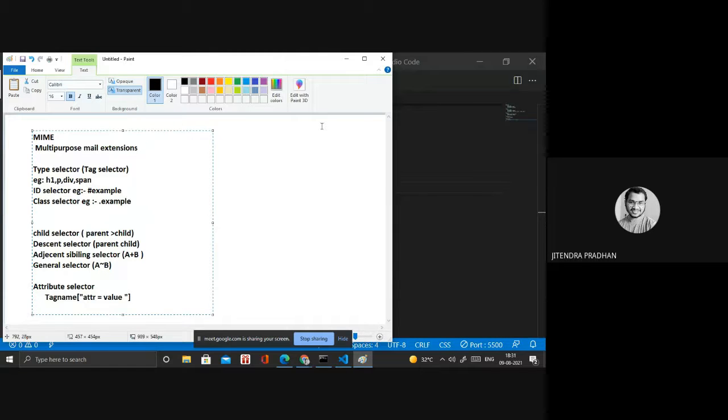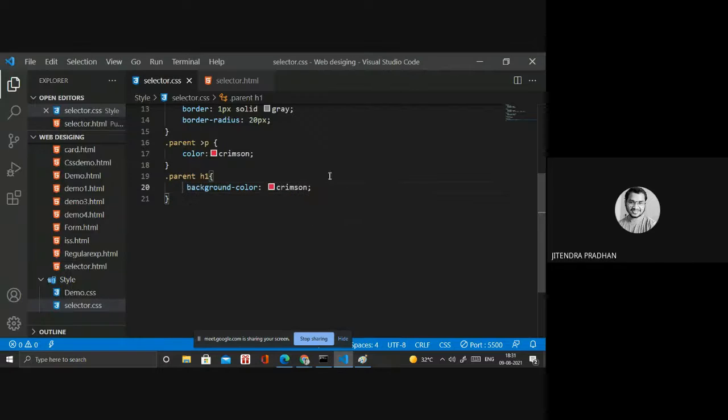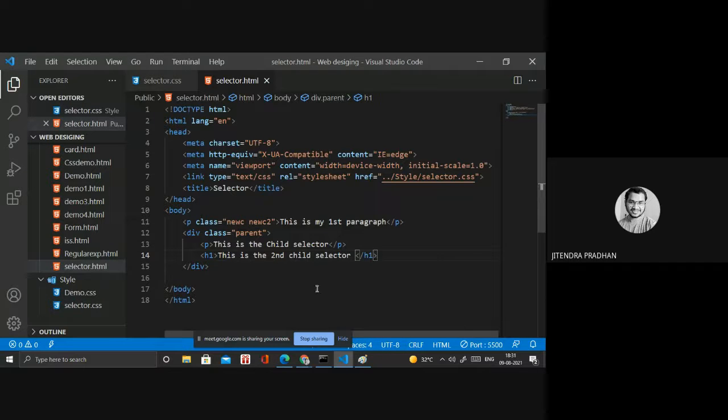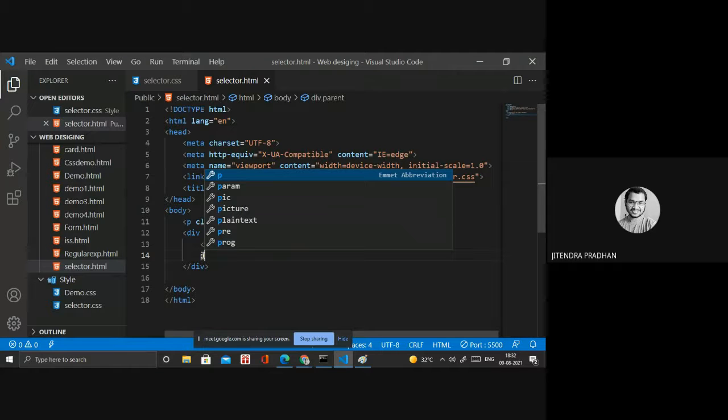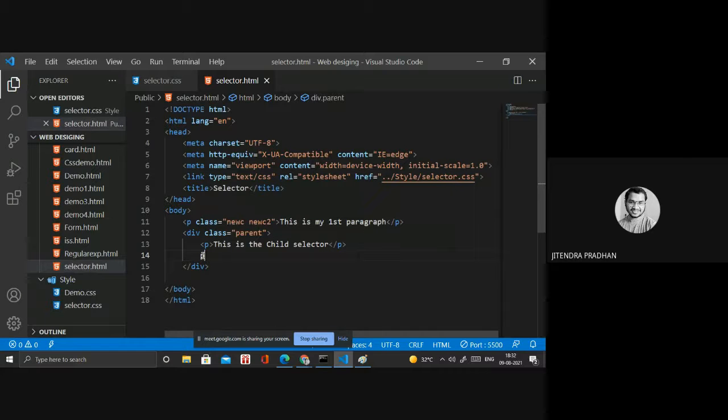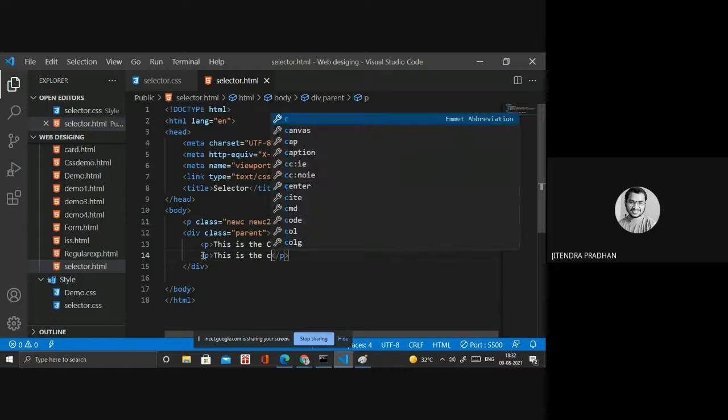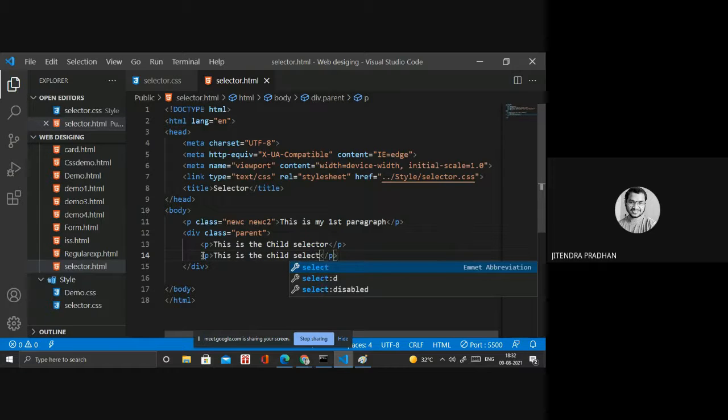Okay. Next we have the adjacent sibling selector. What is that? Let's see. Descendant selector, general selector. P inside, I wrote, this is the child selector.